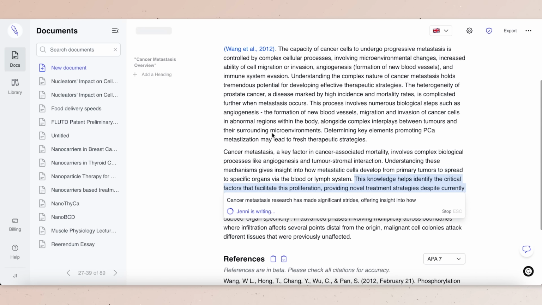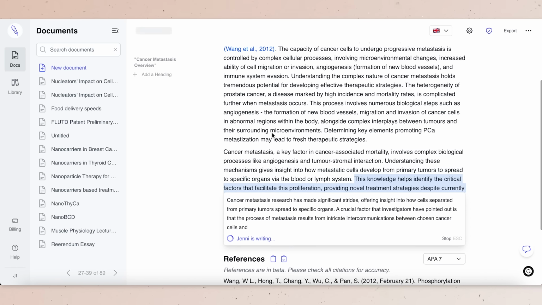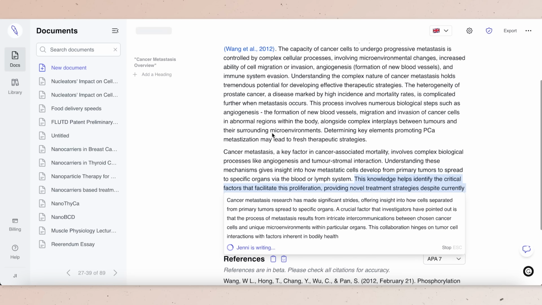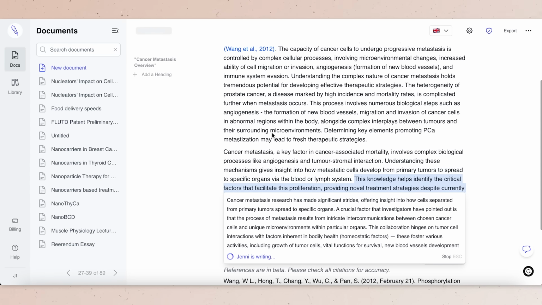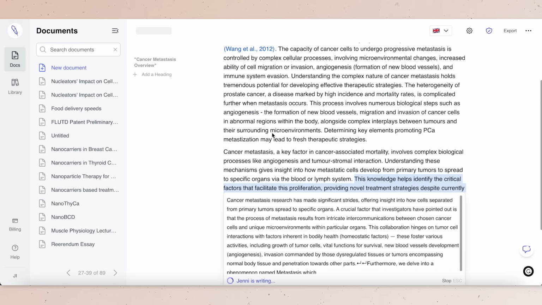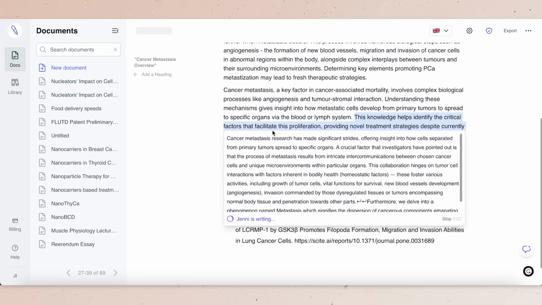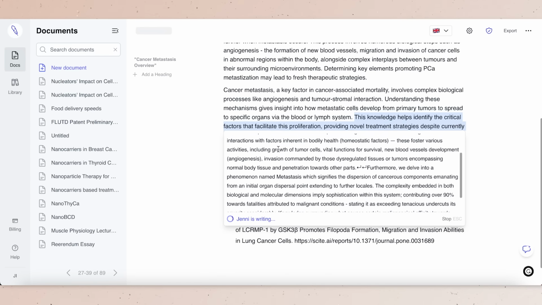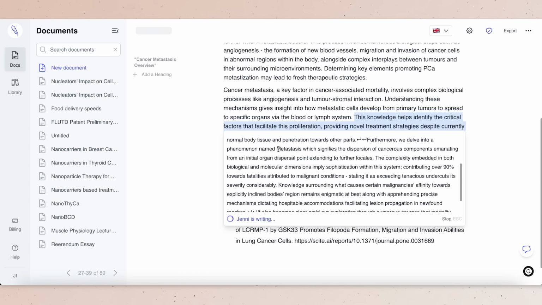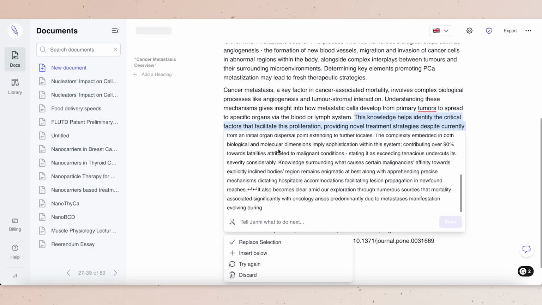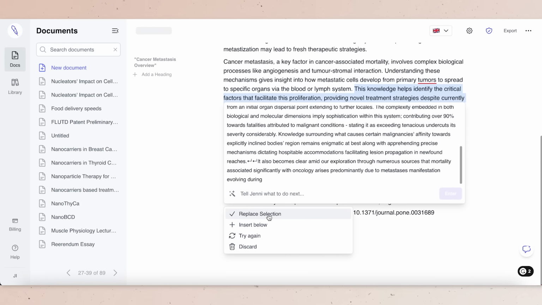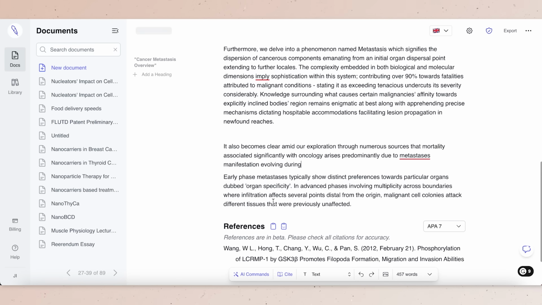Remember, we're not copying and pasting, we're using it as an outline, we're using it to generate ideas, and then you of course need to go and find research papers and kind of read into the subject a lot more to understand where these points have come from. This is a lot of text, and if you don't know what it's saying, then it's obviously not your genuine work. So you have to make sure that you know where this information has come from and be able to cite it as well.